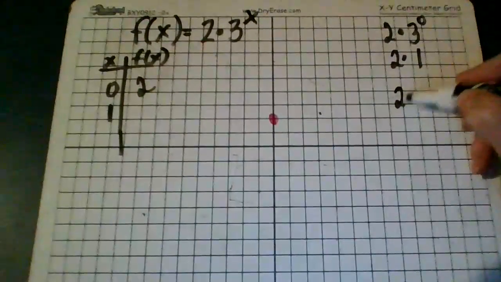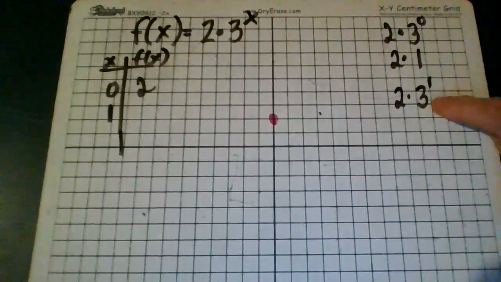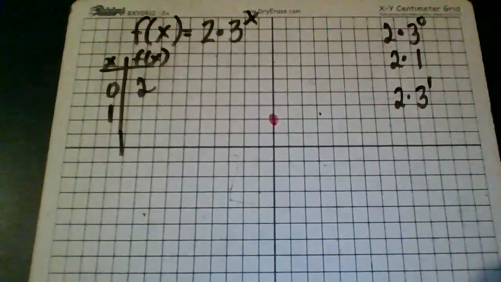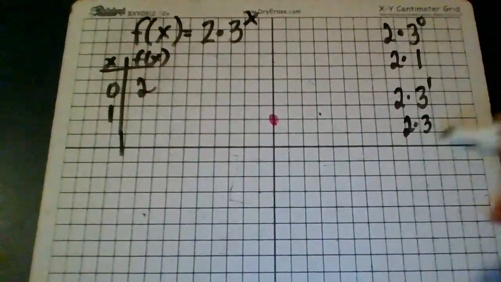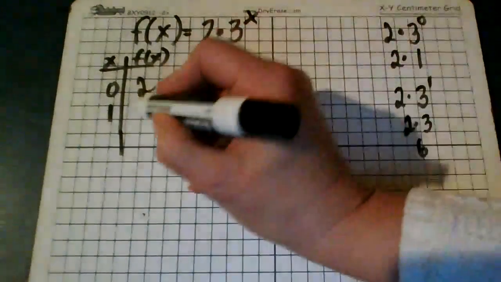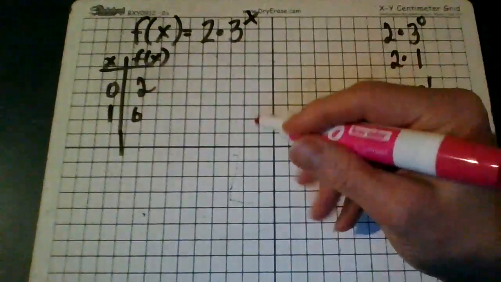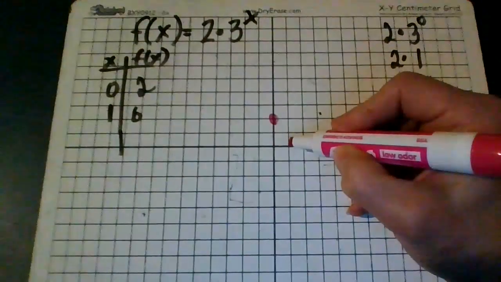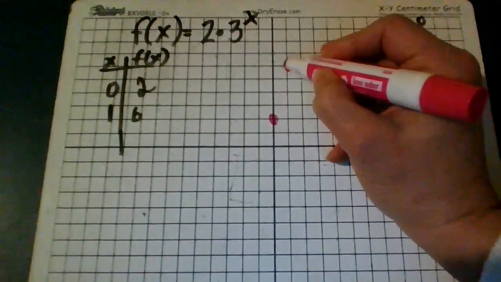Next, I'm going to plug in 1. So I have 2 times 3 to the first power. Again, anything to the first power is just the number itself, so that's easily computed. And I have 2 times 3, which is 6. If I go ahead and plot that point, 1 and then 6, 1, 2, 3, 4, 5, 6,